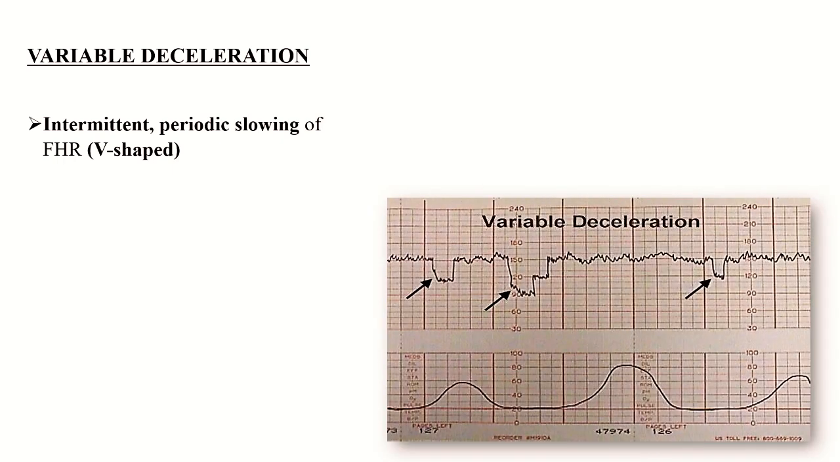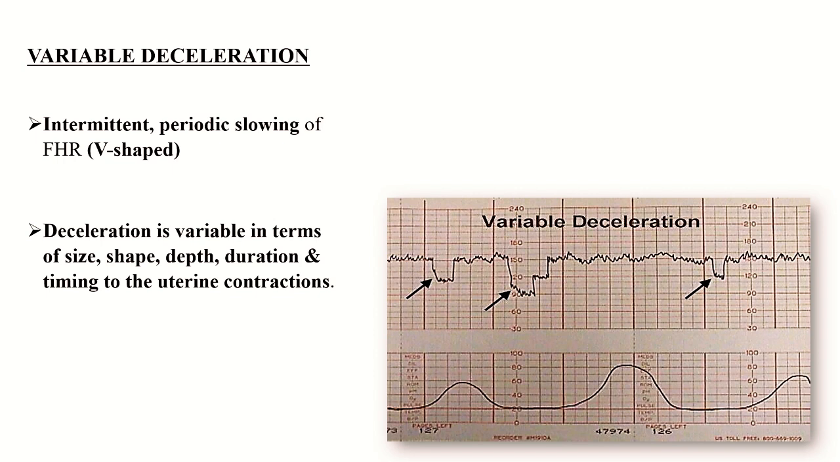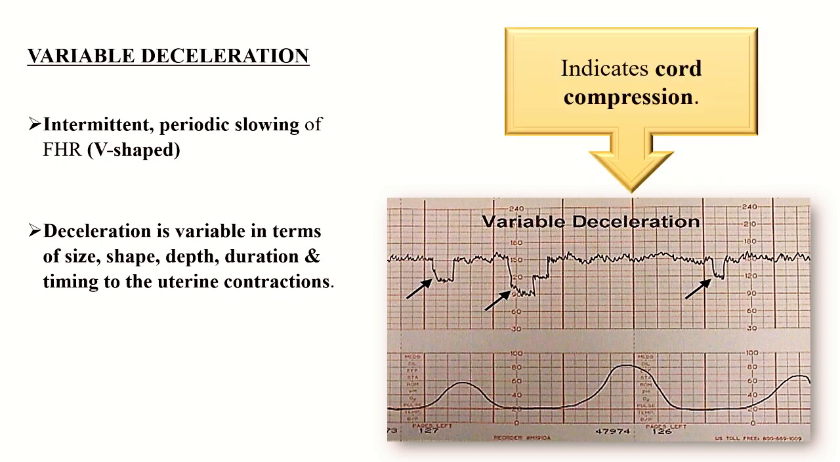Lastly, in the variable deceleration, the graph is usually intermittent with periodic slowing of the fetal heart rate, giving a V-shaped appearance to the decelerated areas. Here, the deceleration is variable in terms of size, shape, depth, duration, and timing in comparison to the occurrence of the uterine contraction. As you can see here, there is no pattern of synchronicity or no pattern of coincidence between the occurrence of fetal deceleration and the occurrence of the uterine contraction, and this variable deceleration mainly happens in case